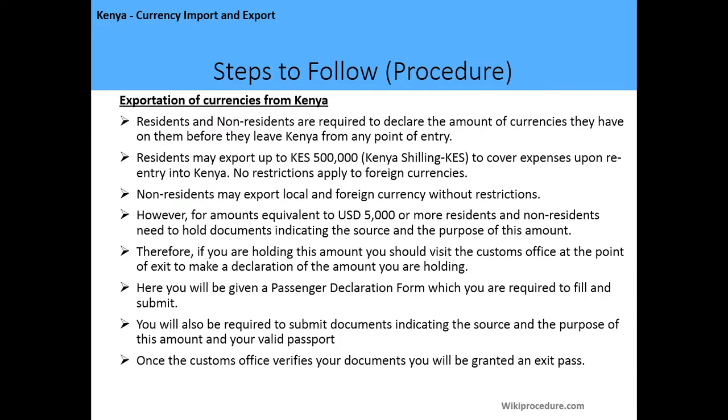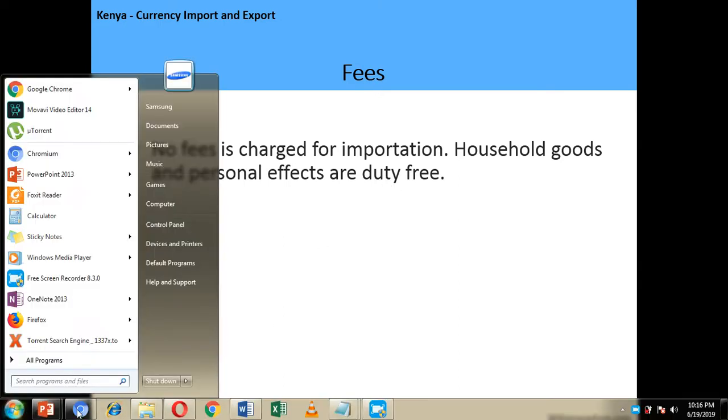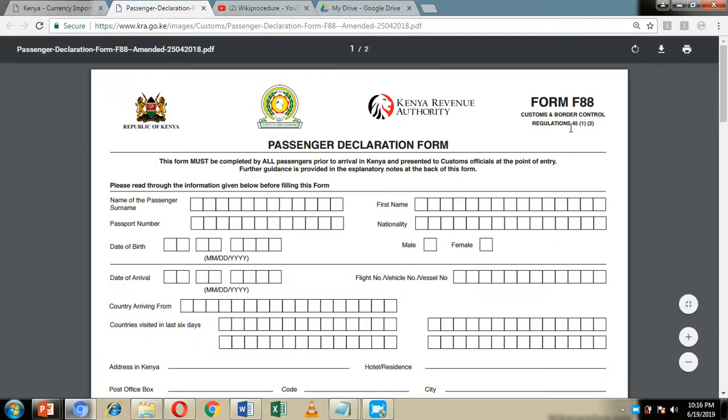Here, you'll be given a passenger declaration form which you are required to fill and submit. You'll also be required to submit documents indicating the source and the purpose of the amount you're holding, and also submit your valid passport. Once the customs office verifies your documents, you'll be granted an exit pass out of the country. So let's just have a quick look at the passenger declaration form from